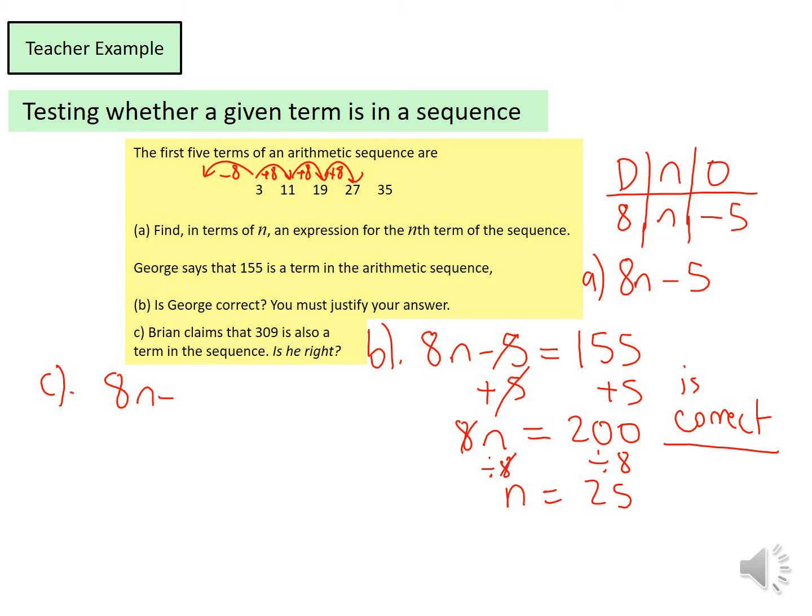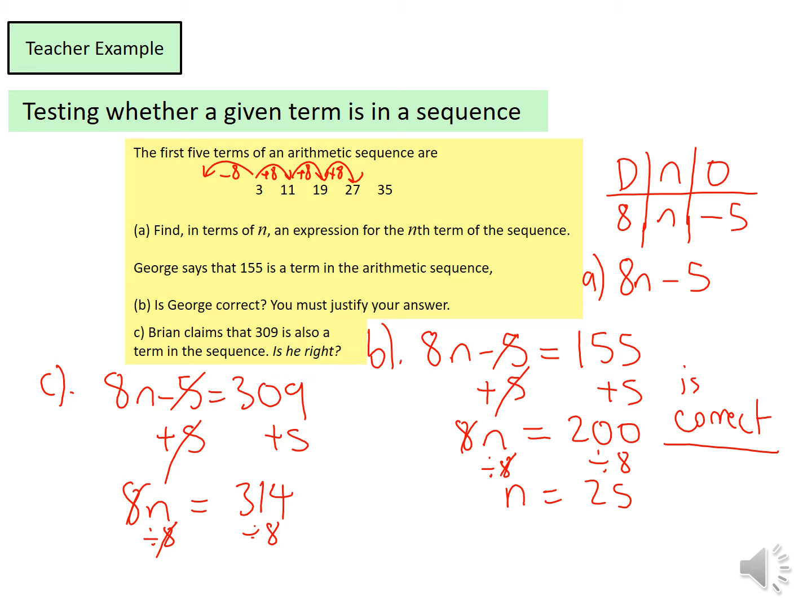So use the expression 8n minus 5 equals 309. We want to get n on its own, so we use the balancing method. So we plus 5 on both sides. Those two cancel out. We're left with 8n equals 309 plus 5, which is 314. Now we need to divide by 8 on both sides because we want the n on its own. Therefore these cancel, and 314 divided by 8 gives me an answer